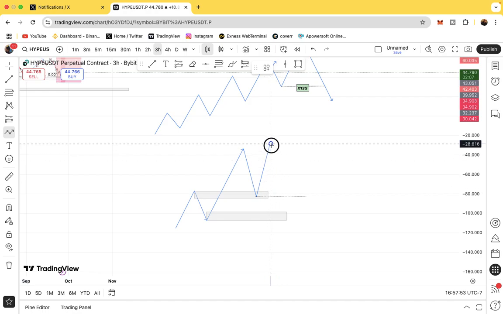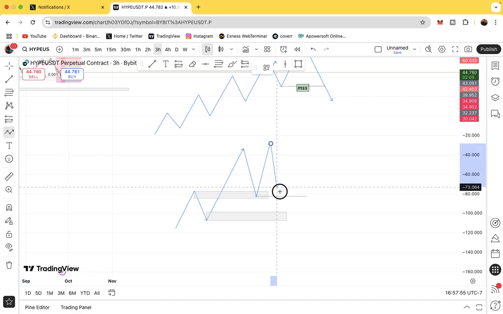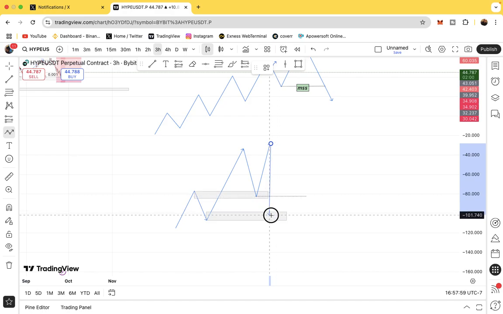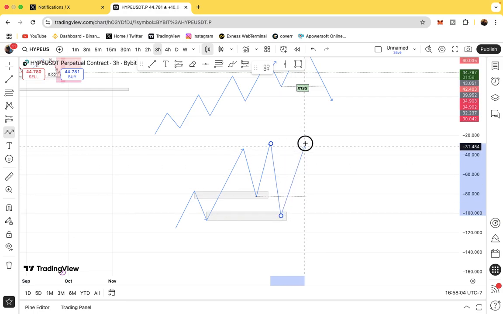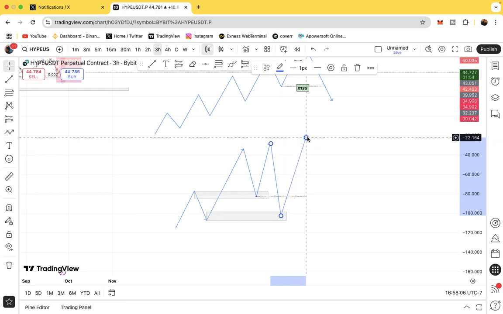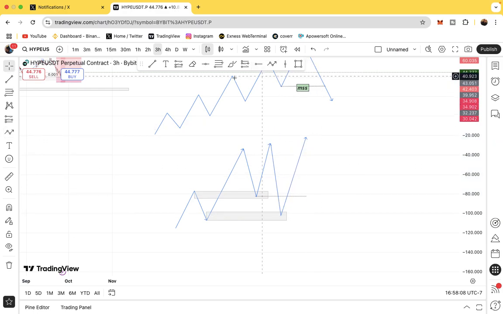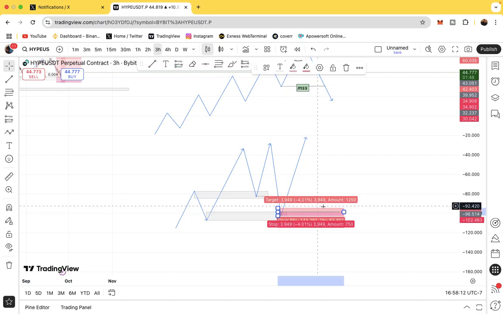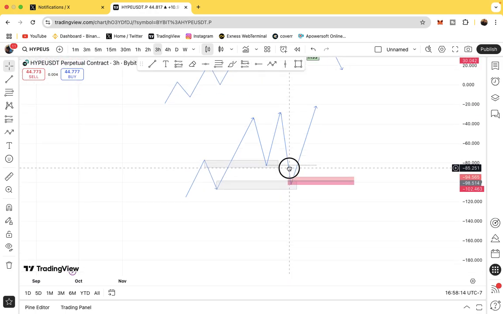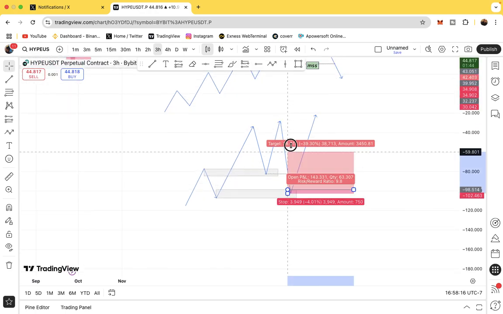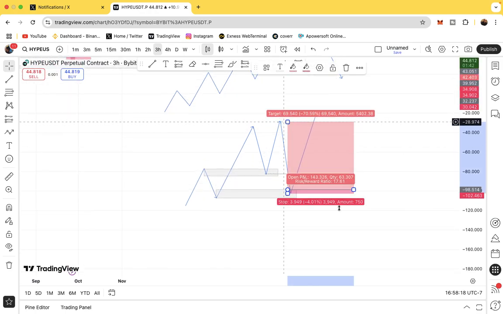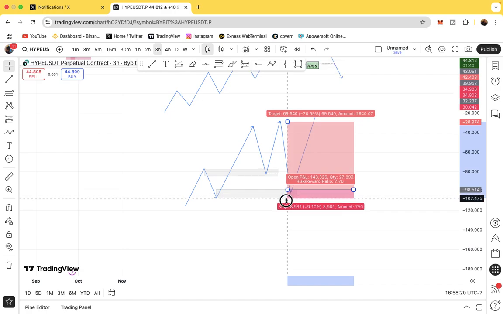So once the market is retracing back to the downside, it's going to take out this zone as liquidity inducement and react from this point of interest that is yet to be mitigated before it bounces back up. So in this case scenario, basically your entry would be at the order block here, and you'll be looking forward to taking your profit at the high. And this would give you a solid entry